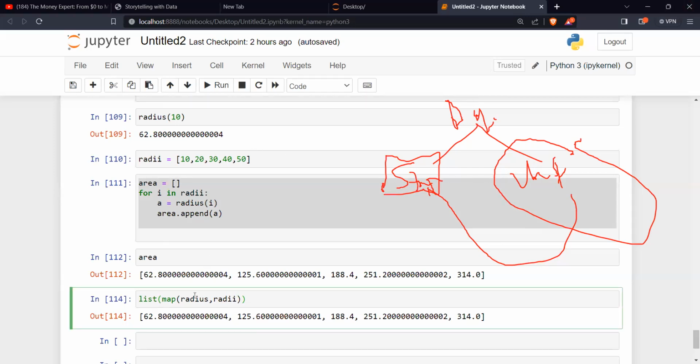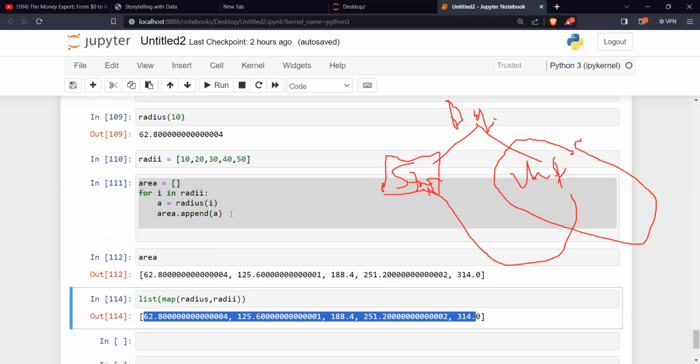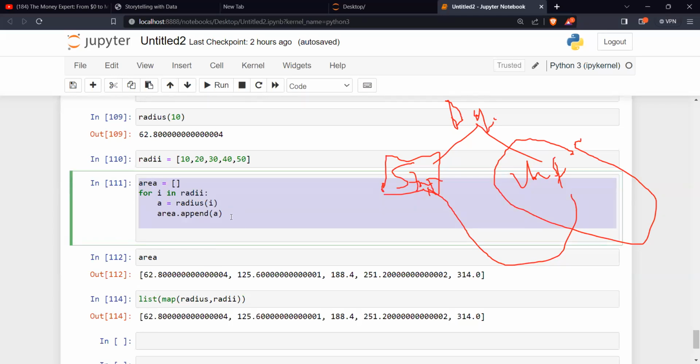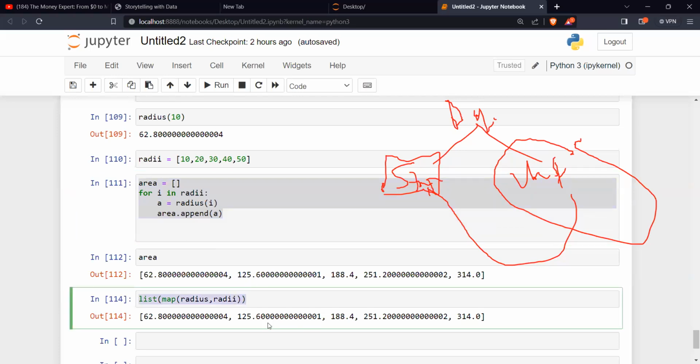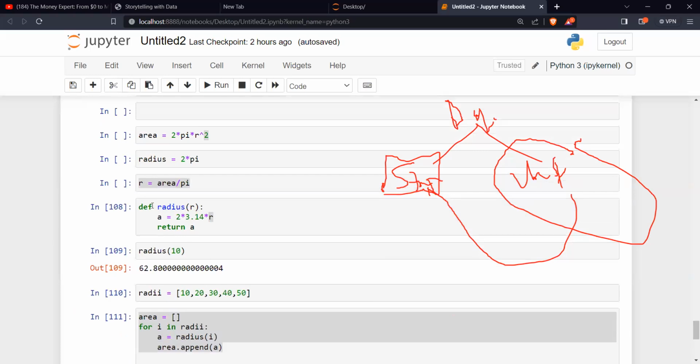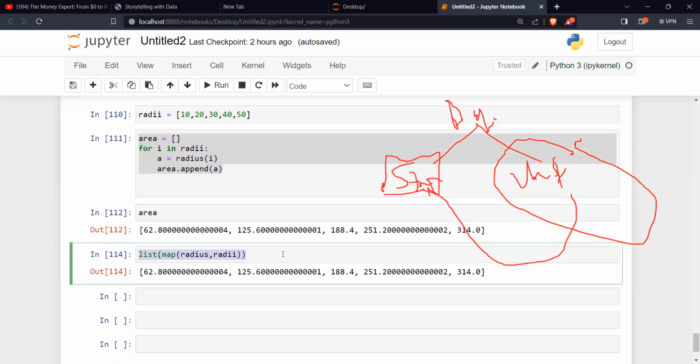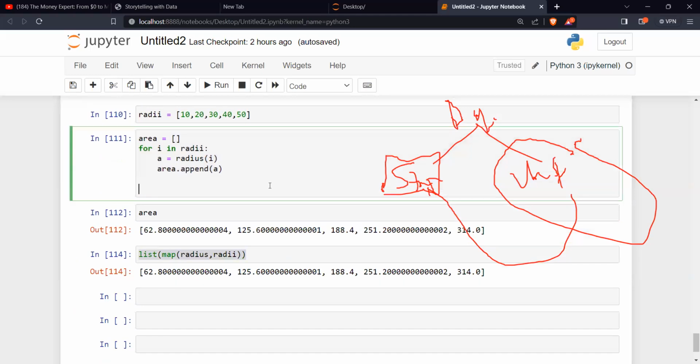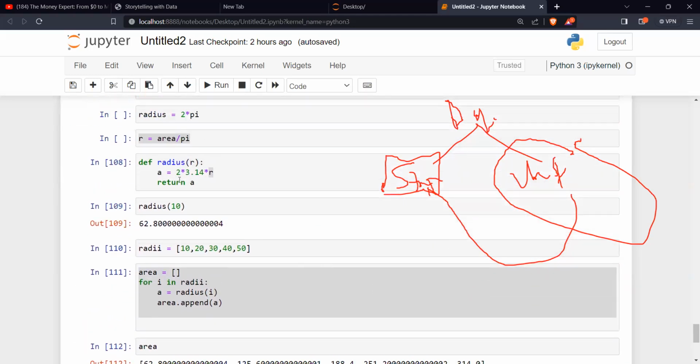It just brought out just the values. I didn't map them to the... You see what I would have done here. This code we have written here is exactly this code. We have first of all created the formula. We're using list, map, radius to radii. Your radius is this function here now.